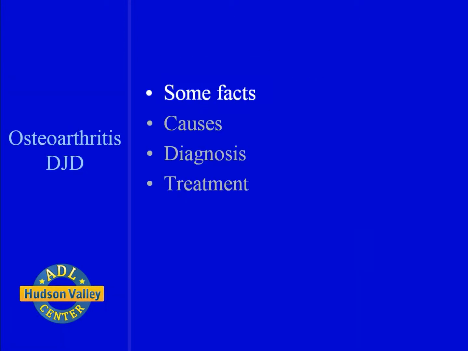Osteoarthritis, or degenerative joint disease, results from breakdown of cartilage in joints, leading to pain and damage. This is the most prevalent form of arthritis. The most commonly affected are the end joints of the fingers, the base of the thumb and the hip, and the joints of the lower back.